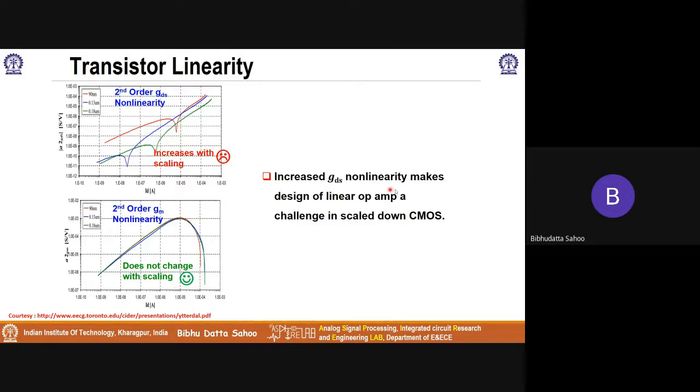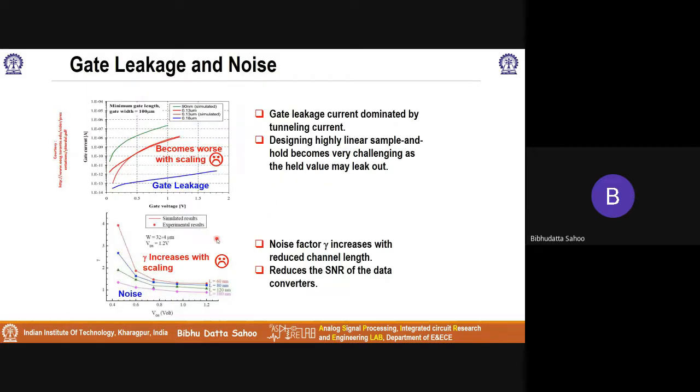Because of GDS nonlinearity, the increased GDS nonlinearity makes the design of linear op amps a challenge in scaled-down CMOS. So it becomes a challenge to achieve linearity in the scaled CMOS process. Another thing that is also detrimental for design,